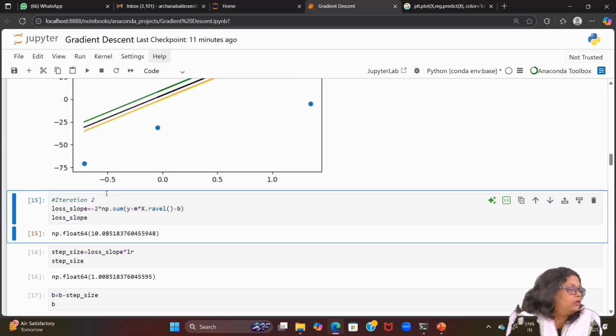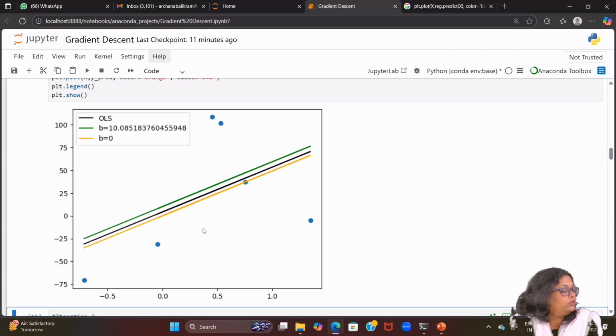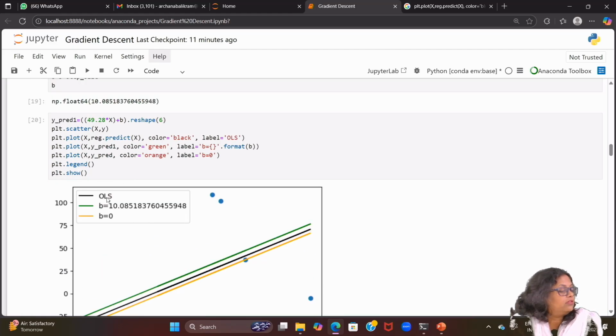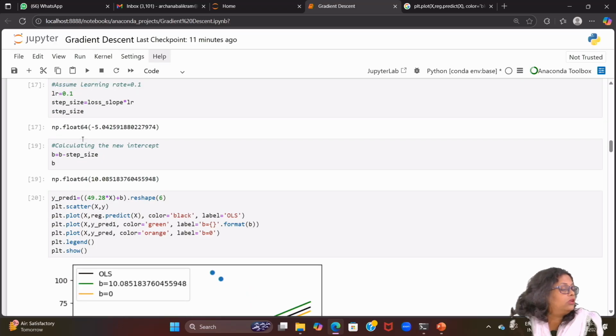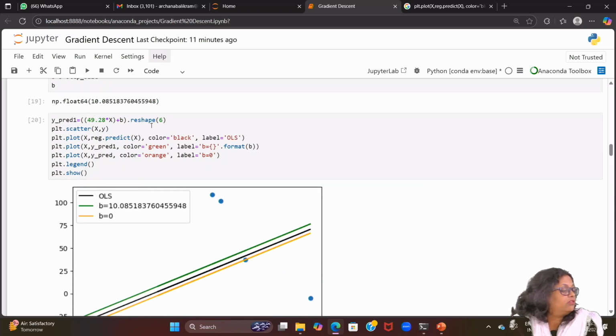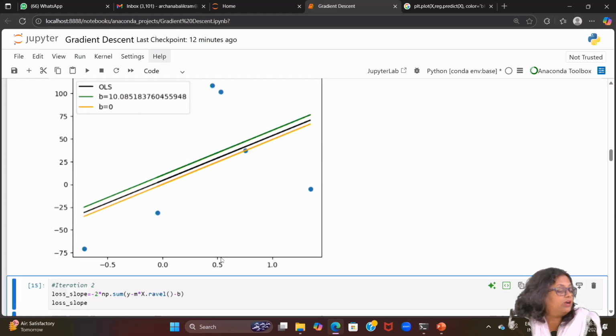What we see here: the black one is the OLS. The green one is with the new value of B, which is 10 something, and the initial value we had is 0. So this is the initial value, when we take B as 0, and this is from OLS, where we started.